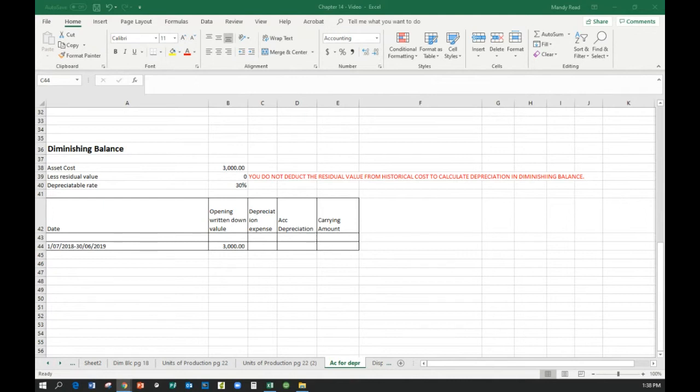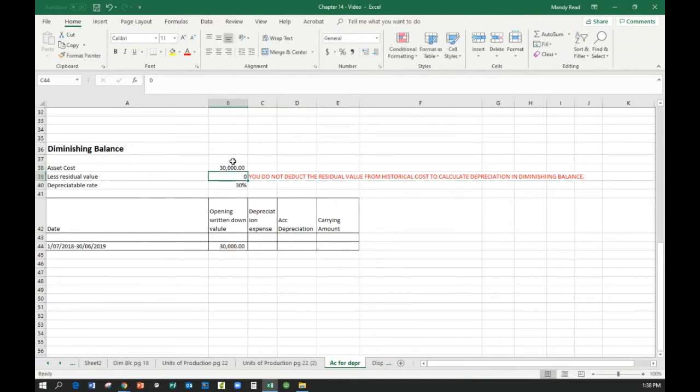You've got to record the general journal entries for depreciation. And you've got to do the ledger accounts for accumulated depreciation of machinery and depreciation expense, and also prepare the income statement and balance sheet extracts for the year ended 30 June 2019. So first of all, we're looking at our